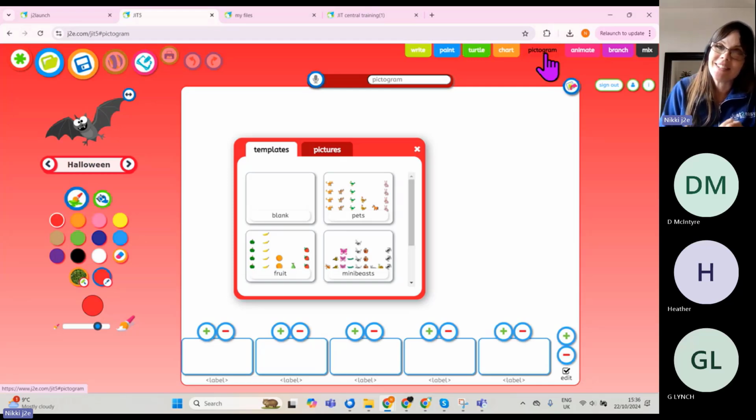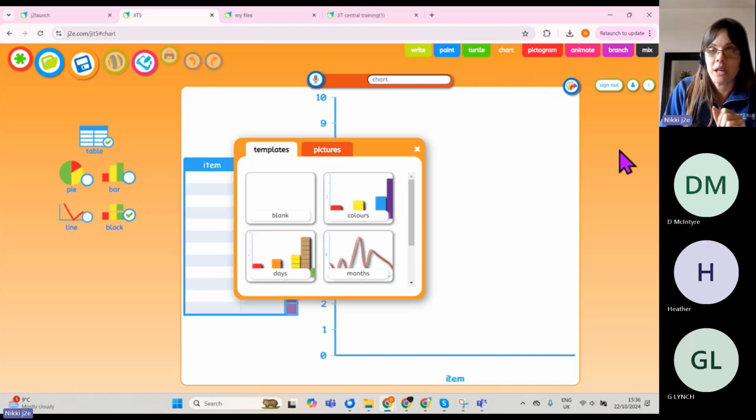Now finally, each tool within JIT has its own coloured page. So from a classroom management perspective, this is really useful. Sounds really obvious, but for example, maybe you're doing a chart activity in your class. You know that the colour of the page is going to be orange, so you can look across the classroom